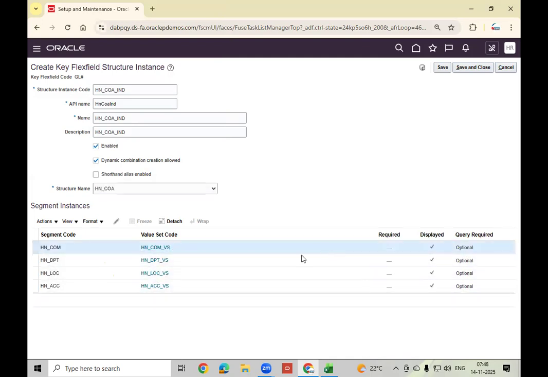Now, which ones to display and which ones you don't want to maintain. Suppose in the master structure 10 segments are created.